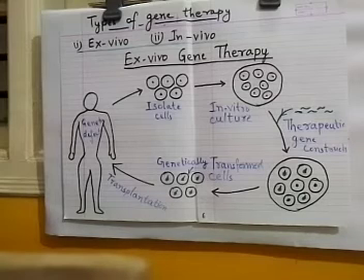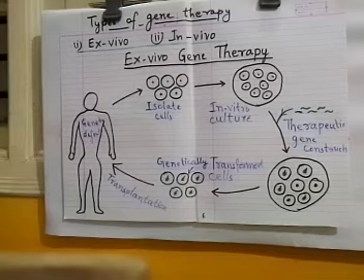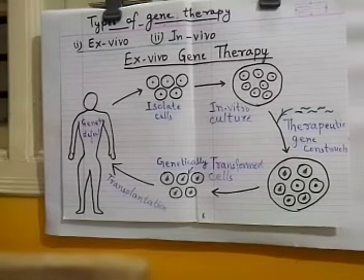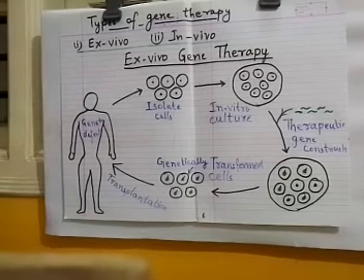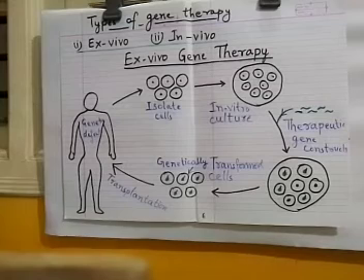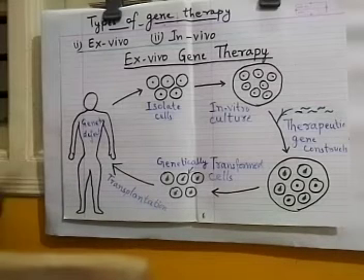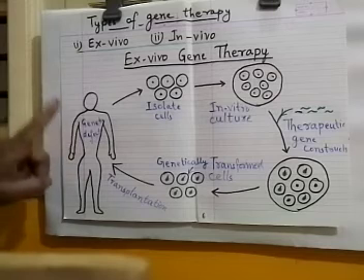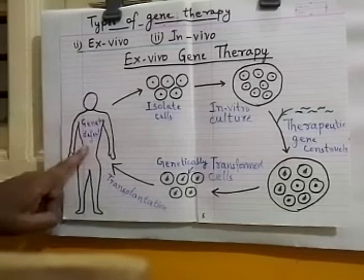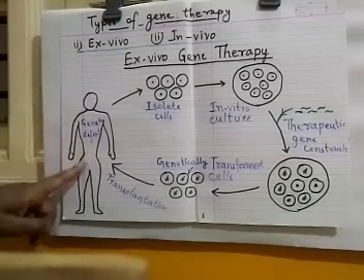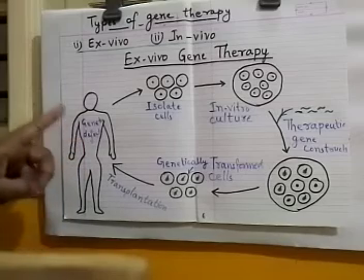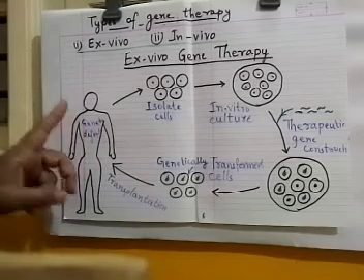The ex vivo gene therapy involves the transfer of genes in cultured cells, for example bone marrow cells, which are then reintroduced into the patient. So I have tried to depict this in the form of a diagram. Here you can see once a genetic defect is identified in a patient, then those particular cells which are affected